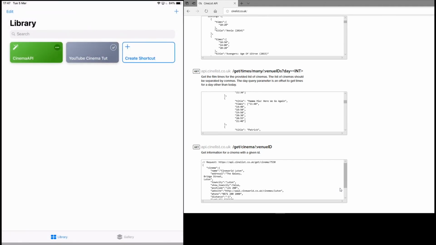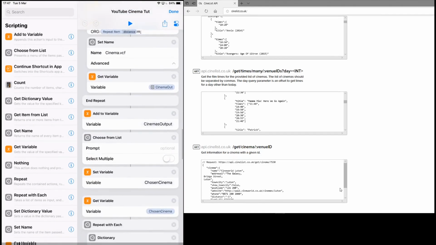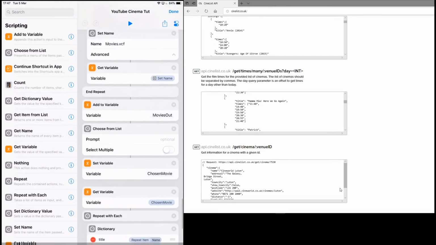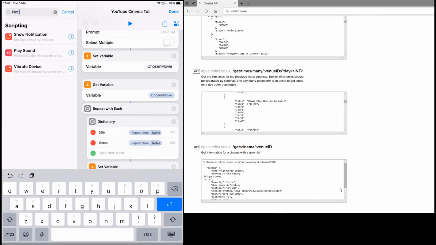So the show result at the end at this point is kind of a bit redundant because you get the information all in the list anyway, but the whole purpose of the show result is to show you that you can do things with the information afterwards. So it doesn't have to be a show result. You could do a notification. Show notification